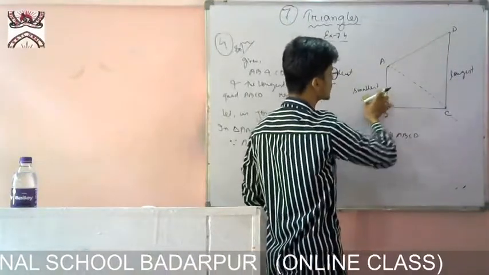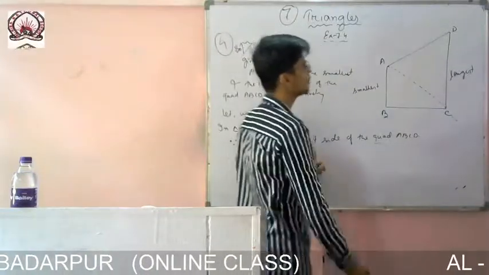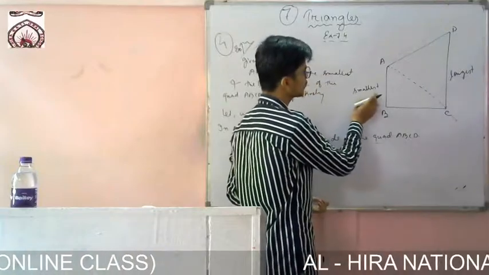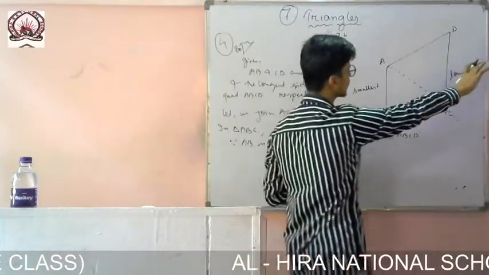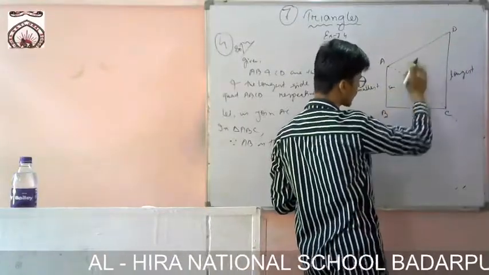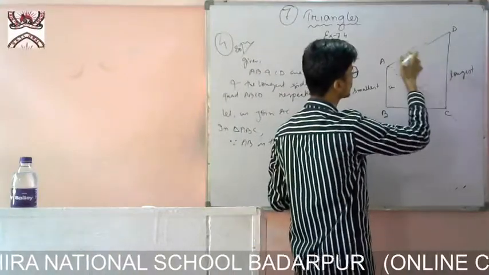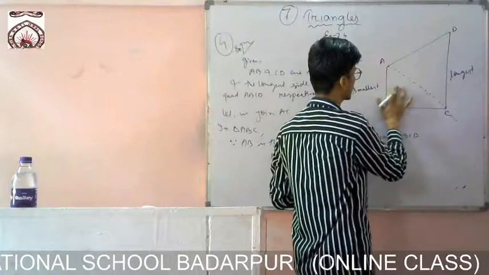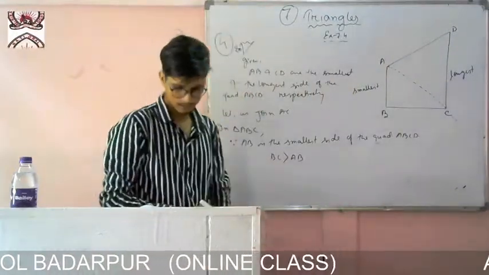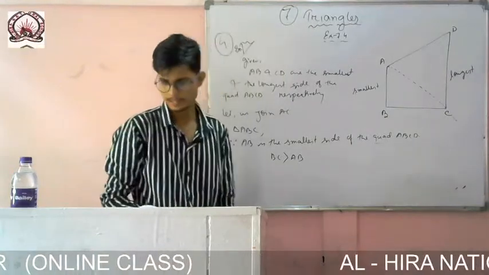If this is the smallest and this is the largest, then whatever the measurement of any side, it will be in between. The lower limit is the smallest side and the longest side is the upper limit. For example, if this is 5 centimeter, then that is the smallest. No other side will be less than 5 centimeter. It may be 6, it may be 7. Whatever it is, that is the smallest. So I can write BC is greater than AB.